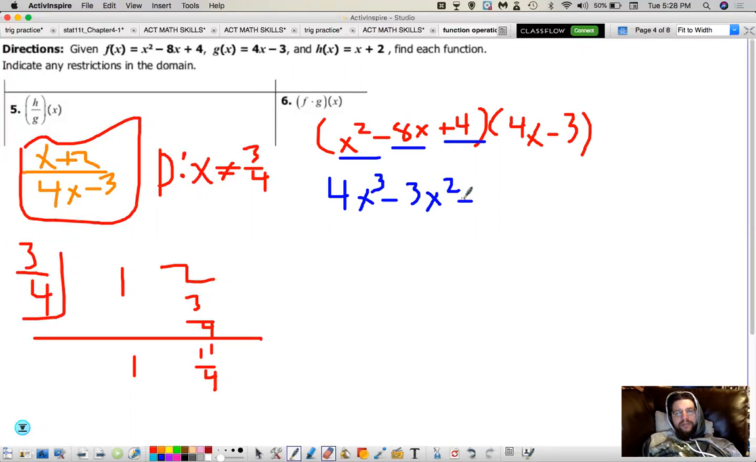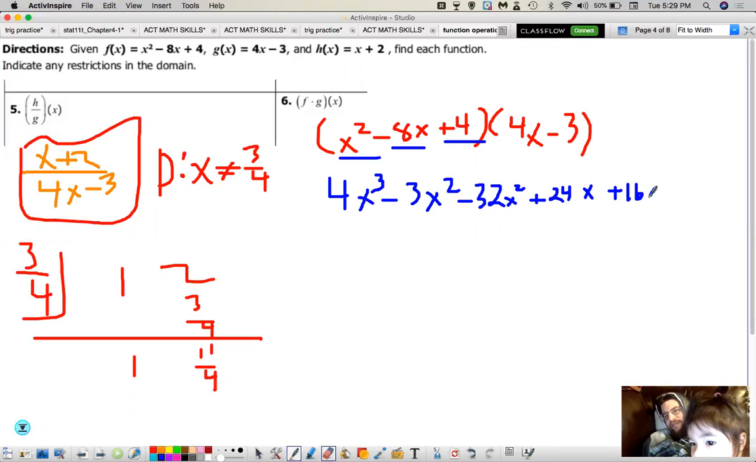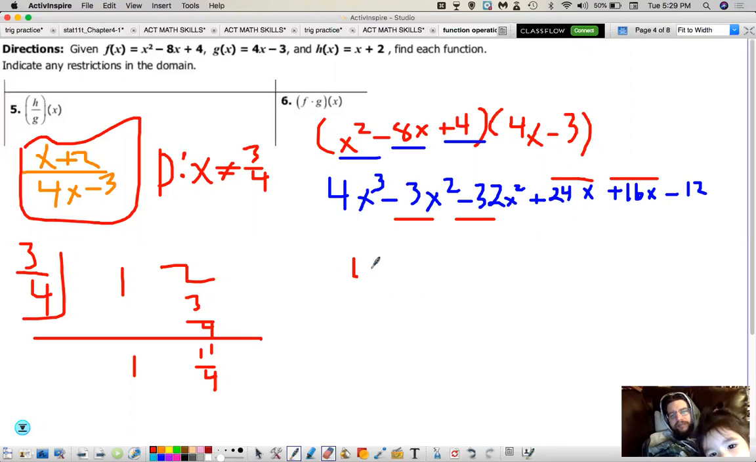minus, now we're on this guy, 32x squared plus 24x. Plus 24. And then we do plus 16x minus 12. Now find your like terms and combine them. I've got some x squareds here. I've got some x's there. Put them together. 4x cubed minus 35x squared plus 40x